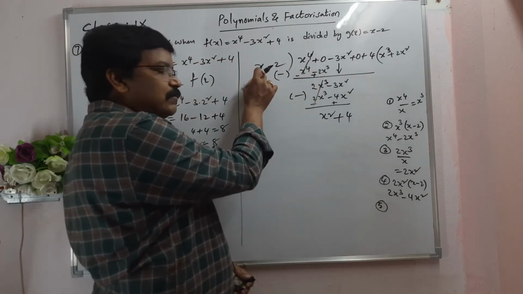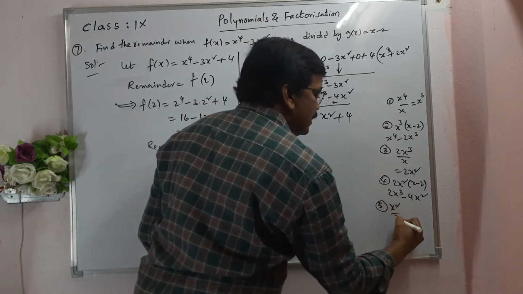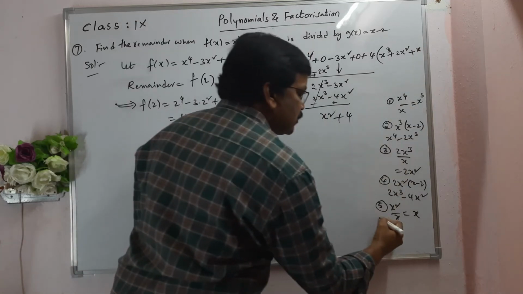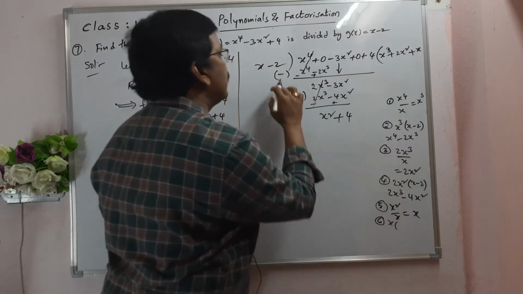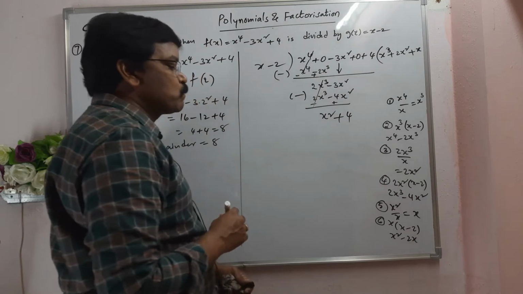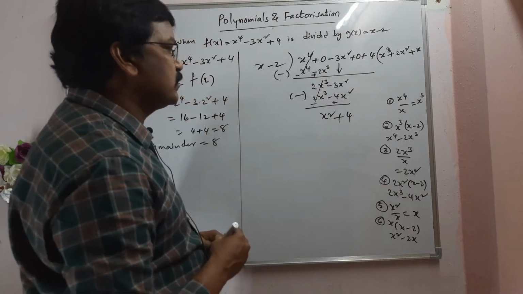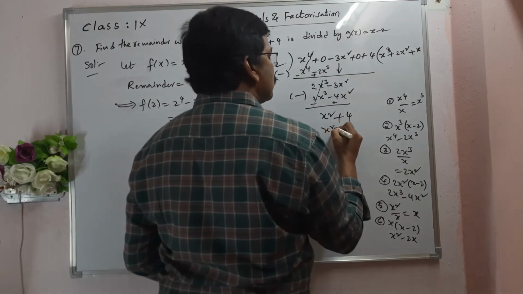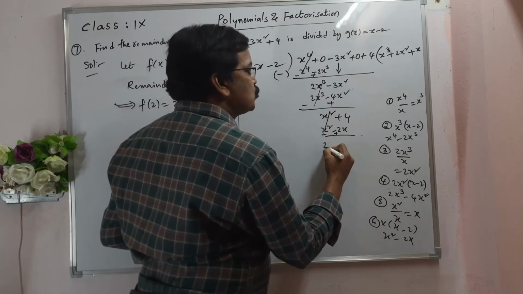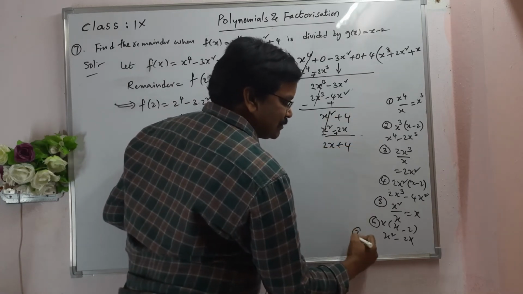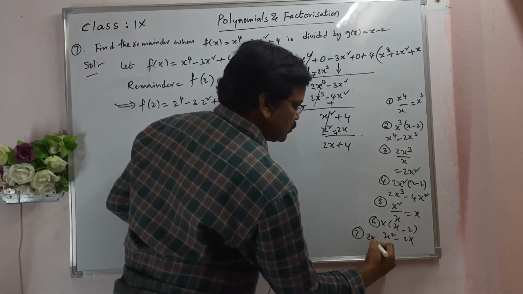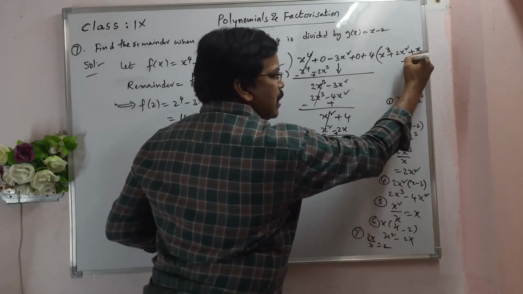Same process, my dear students, here also. First term is x square, here the first term is x. So x square by x is equal to x. So just write this x at the quotient place. Next, this x should multiply with x minus 2. So that is x square minus 2x. Write this x square minus 2x. So minus, plus. Both get cancelled. 2x plus 4. In the seventh step, we have come to the end. Right. 2x should divide with x. 2x by x is equal to 2. Now add plus 2 here.